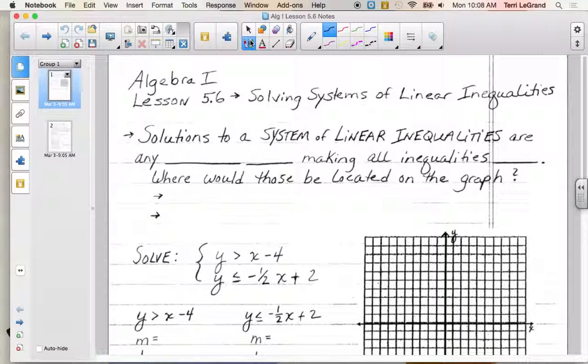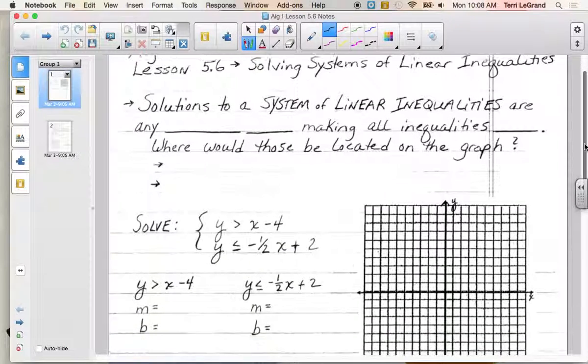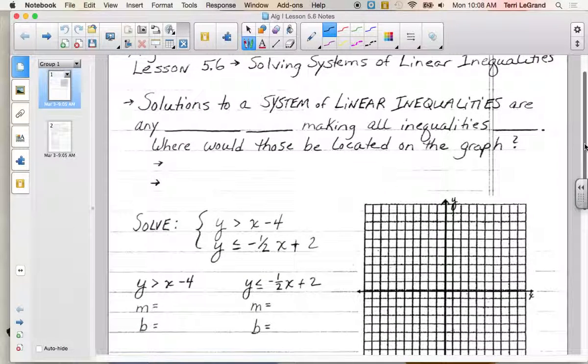So in lesson 5.6, remember not so long ago we were solving systems of equations. Now we're going to be solving systems of linear inequalities. So two or more linear inequalities working together, and whatever solutions there are have to satisfy both of them. Okay? So solutions to a system of linear inequalities are any